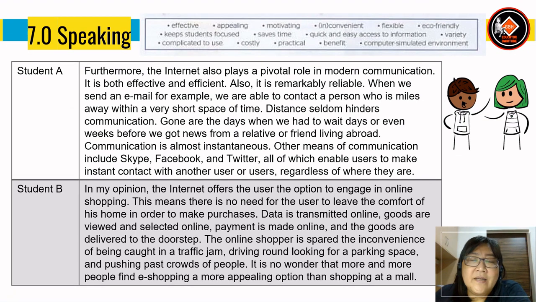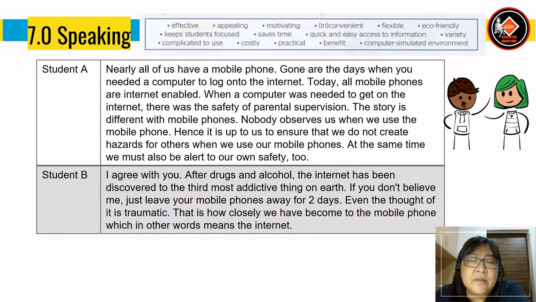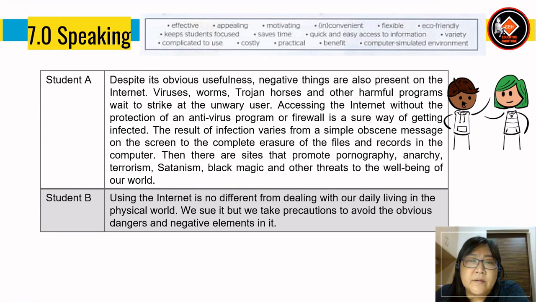Dear students, here are more ideas for you to do your conversation. You can read through the ideas and then you can try to make your own sentences too. Here are the rest of the dialogues. Remember that you can use the words given in the box, or you can come up with your own ideas. And this is the last part of the conversation. And make sure, don't forget that you need to show interest and also ask questions.